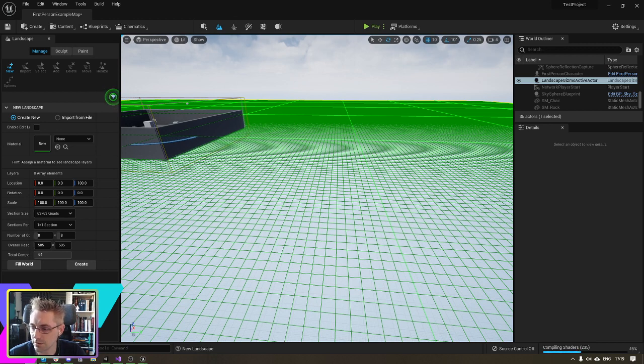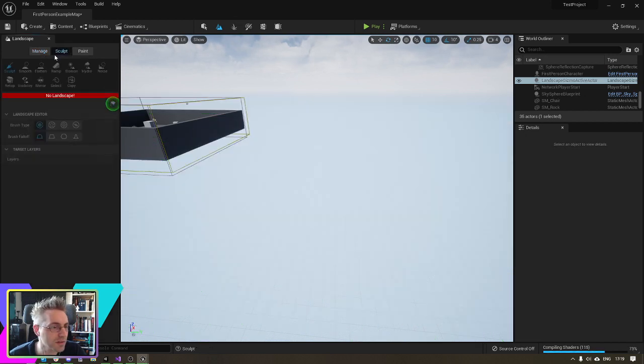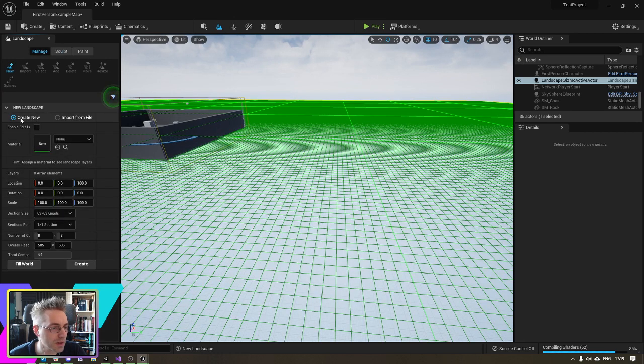That would kind of make sense. So I'm used to Unity's landscape editor. I have not. So, sculpt. I've got no landscape, so I do need to create one. So, create new